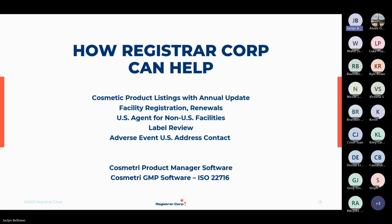A couple other questions here. I am a brand owner who uses contract manufacturers. What are the requirements for me personally, i.e. the brand, or are the only requirements for the CM? So very important as a brand owner, if your name is on the label of the cosmetic product, meaning you're the manufacturer, packer, or distributor listed on that label, you are technically the responsible person under MoCRA, which means that